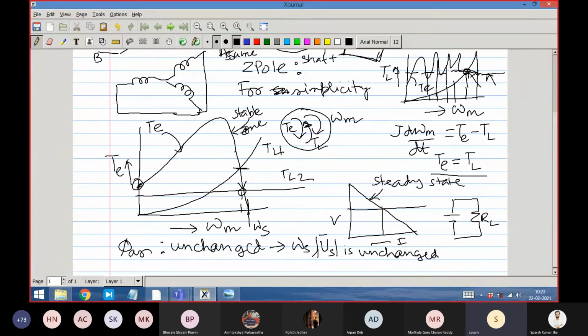This is the first point you have to absorb: you always start from the voltage. In the analysis there are a lot of variables, and it may get intertwined and complicated, but your thought process should be clear. You should think from voltage. If you have applied voltage, that is a fact. The moment you apply voltage through a three-phase coil system, which are 120 degrees space shifted, a rotating magnetic field is created. That magnetic field is unchanged, and the magnetic field speed is also unchanged.